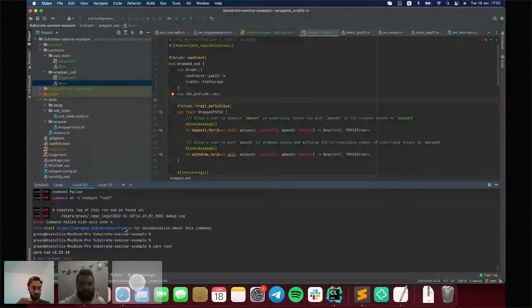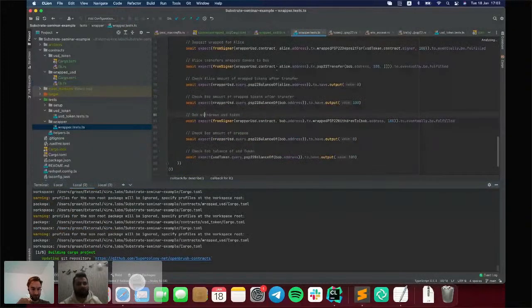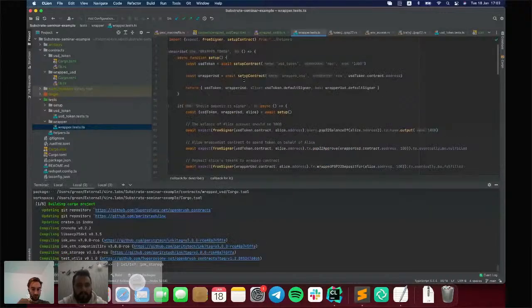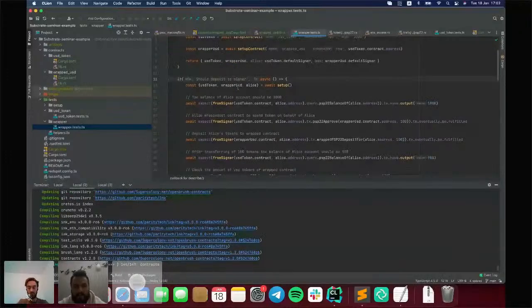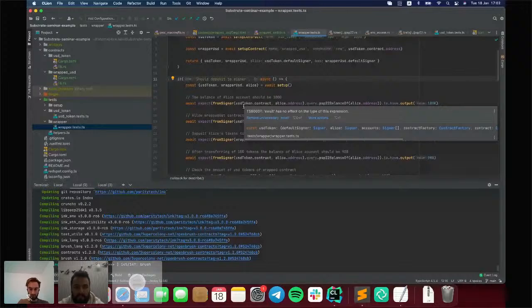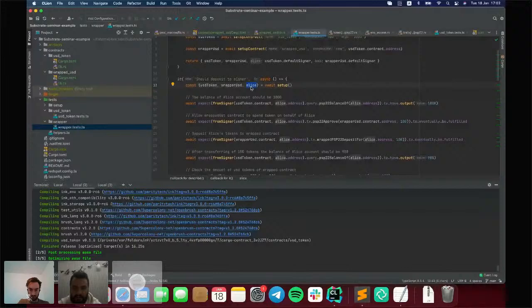Okay, let's discuss the tests for the wrapped contract. We defined 3 tests. The first test verifies that Alice is able to deposit tokens to the wrapped contract.